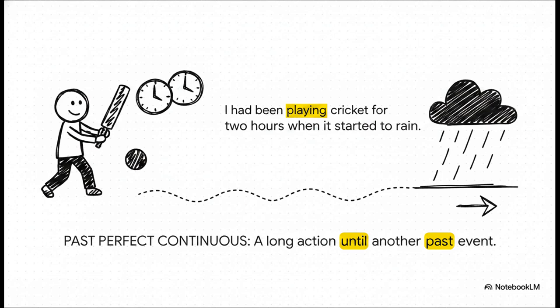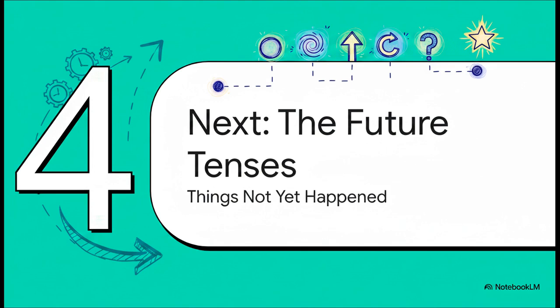And for our last past tense, we have the past perfect continuous. This one sounds complicated, but it just describes a long action that was happening for a while right up until another thing happened in the past. For example, I had been playing cricket for 2 hours when it started to rain. The focus is on how long you were playing before the rain came. We've gone back in time, so